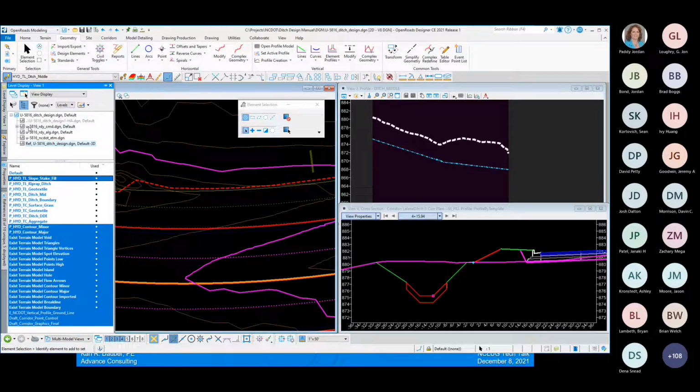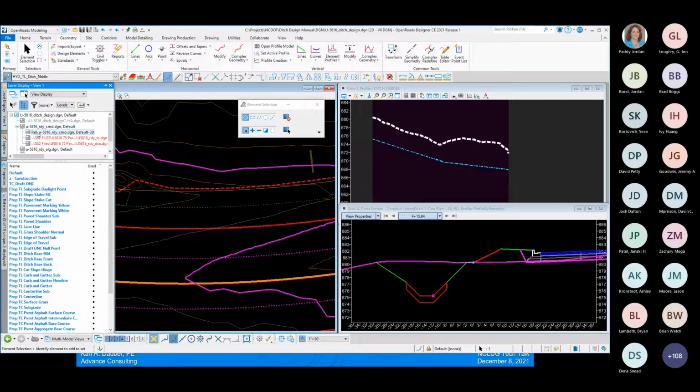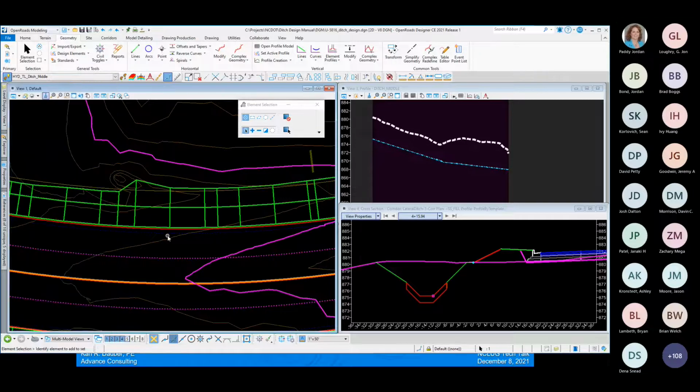I'm going to go to level display of the roadway corridor and its 3D model and turn on one of these levels here that will show the template drops for the fill slope for the roadway. And what I'm going to do is create a horizontal alignment along the slope stake line here, by snapping to it and creating a rule so that it's dependent on it. Now make sure that you have your persist, snaps, and rule toggle turned on so the rule is created. I'm going to lay out a horizontal alignment